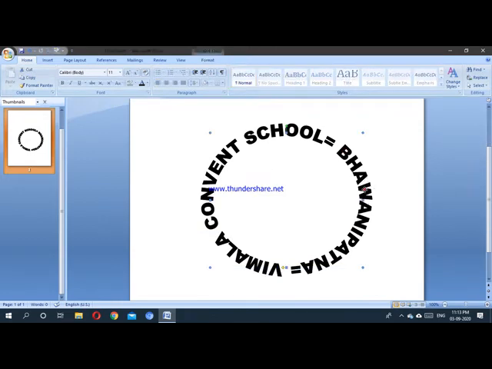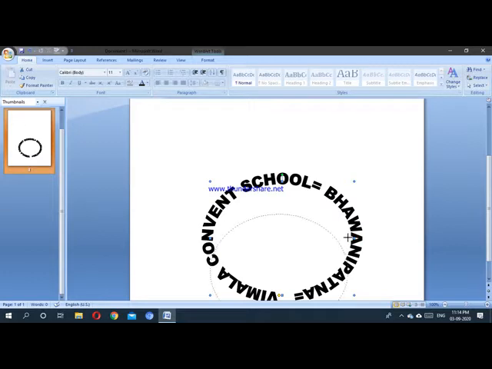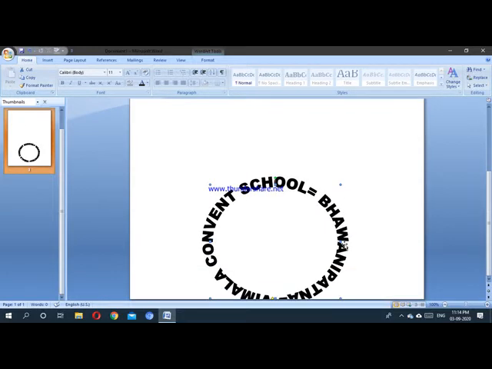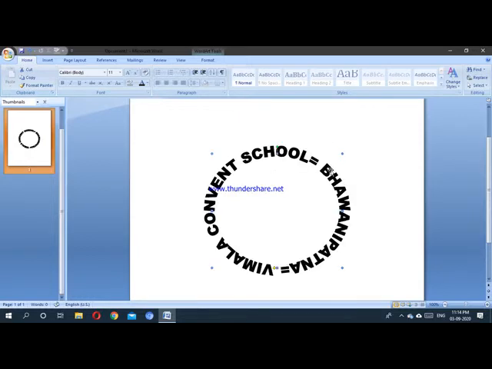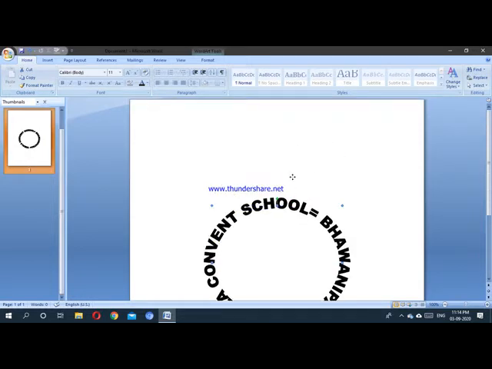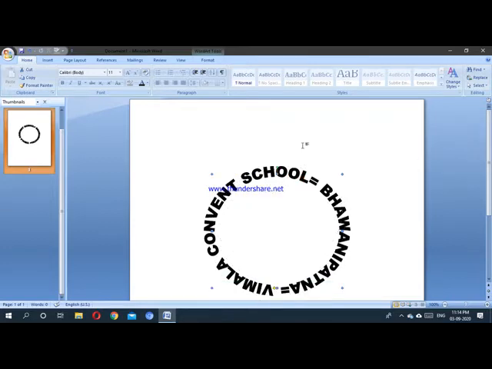You can make it a small size also; drag it down. This one also, drag it down a little. This one is coming to the bottom, so I have to take it up. I will keep it at the top of the page. Anywhere you can keep it.